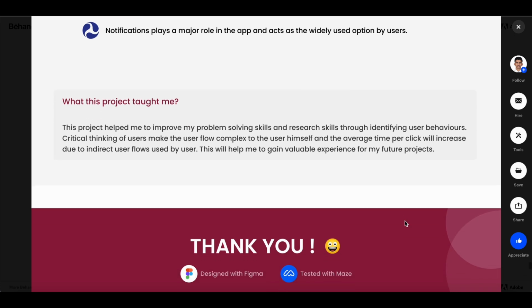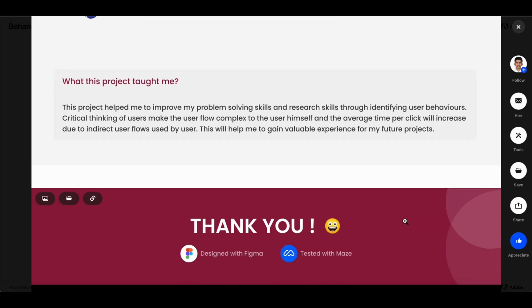So overall, I would say this is a very nice UX case study, especially written by a second year student of a university. His approach towards the problem is correct, and the way he has presented these steps, well, he could improve, like I mentioned in my review. He could have done certain things differently,